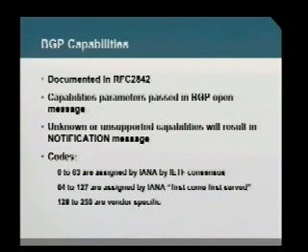Each BGP capability has a different number attached to it. So the first 64 are assigned by the IANA by IETF consensus. The next 64 are first come, first served. And the final 128 are vendor specific. So the final 128 are basically vendor comes up with some cool new feature which hasn't gone anywhere near the IETF yet. And so they go and implement it there,